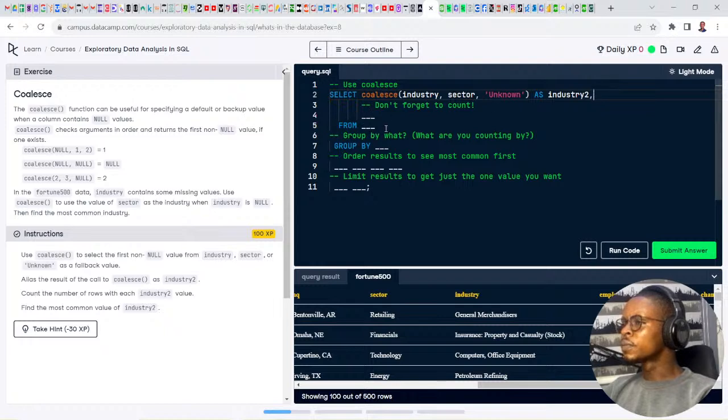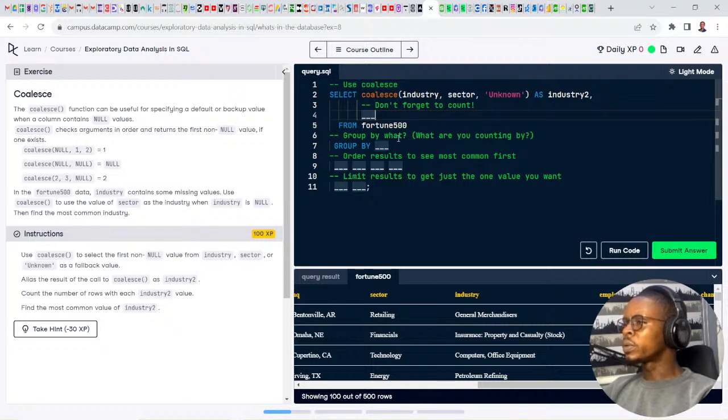From Fortune 500, there's something missing here. I'm supposed to be counting something. Since I'm using group by, there's a group by clause here.